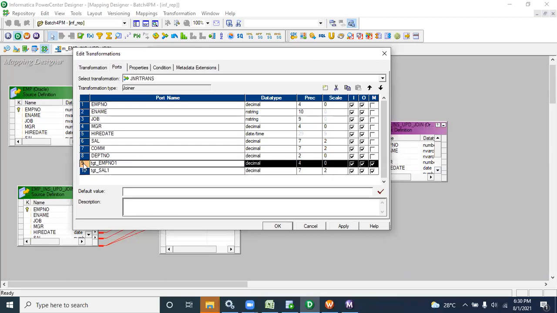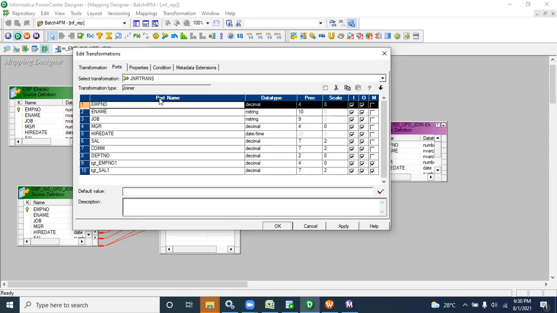Informatica and Oracle joins are a bit different: master and detail versus left and right. So we can use the master outer join, because master outer join gives matching records from master and detail, and the remaining from detail. That means the remaining from source.